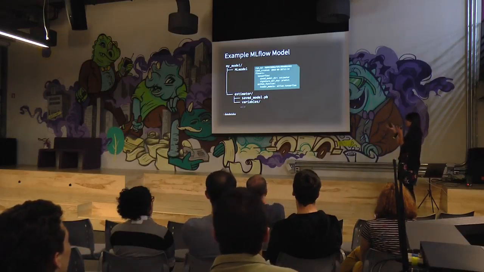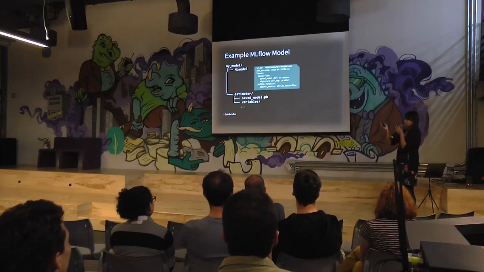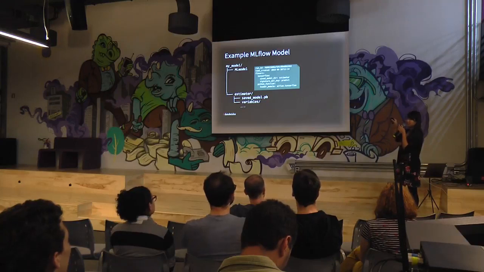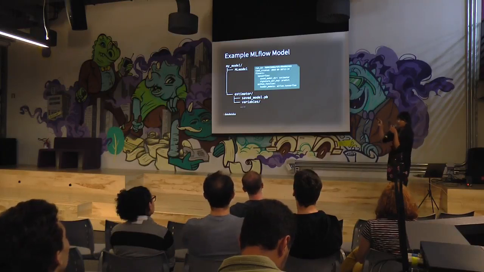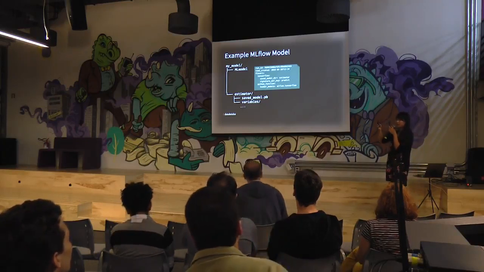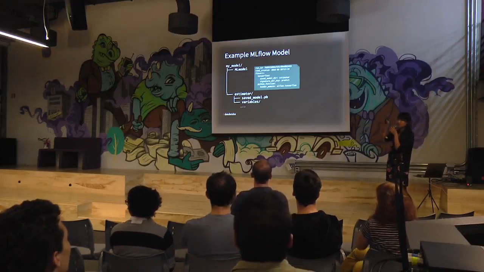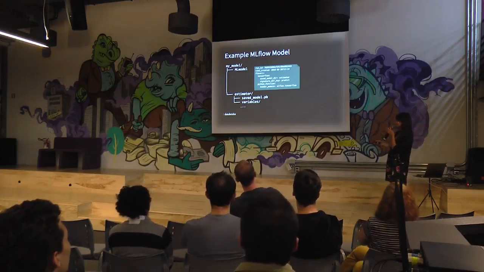TensorFlow could be serialized into a PB format, and you can use the TensorFlow flavor to load it into something that isn't running Python, into any system, and then run your predictions there. Or if you're loading it into a Python environment, you can load it as a Python function. So the MLflow model file will handle it for you, and when you run it in your deployment system, it will just pick up whatever you need, and then deploy a model that way.